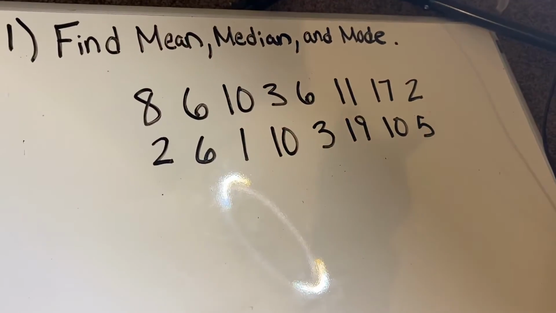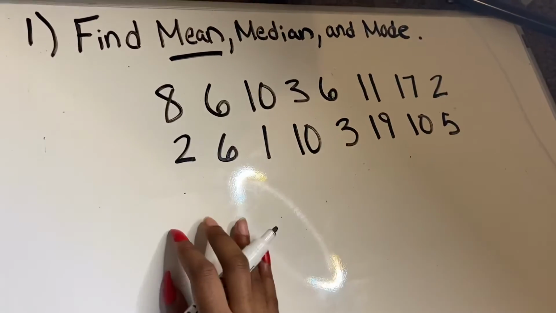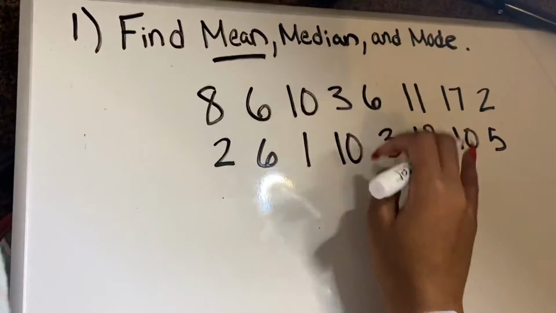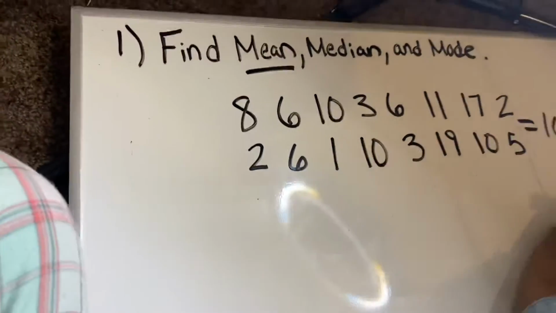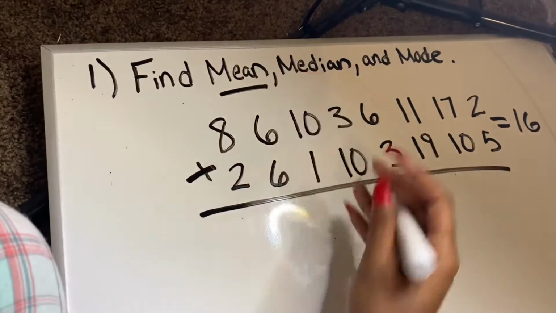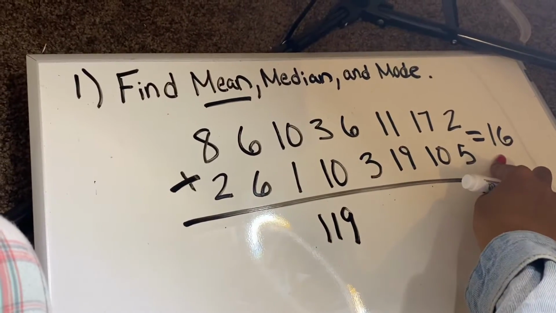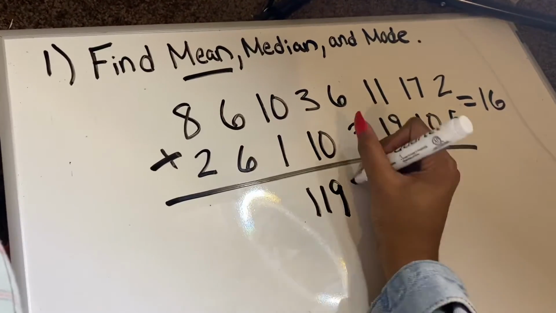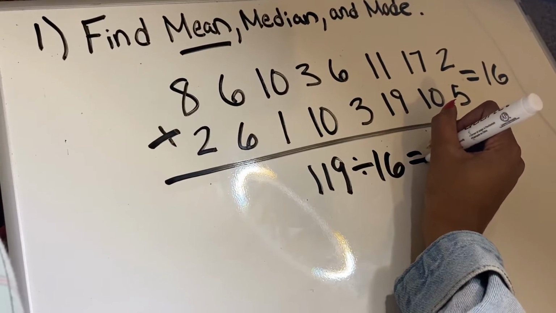Okay, so first we're going to find the mean. The best way to find the mean is to add all the numbers, like how many numbers are in the data set. It's 1, 2, 3, 4, 5, 6, 7, 8, 9, 10, 11, 12, 13, 14, 15, 16. 16 numbers in the total of the data set. So now all you're going to do is add all the numbers together as a group, and you're going to get 119. So now that you have 16 numbers in the whole data set and all together is 119, you're going to divide it by 16, and then you're going to get the total of